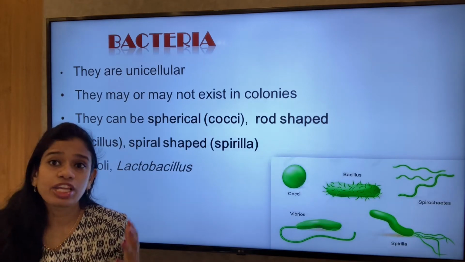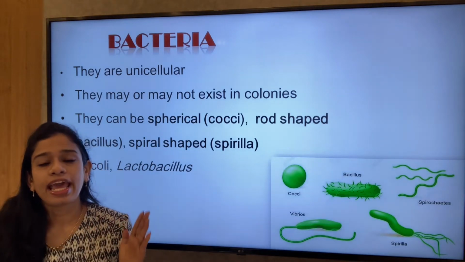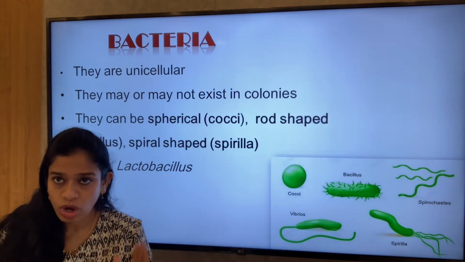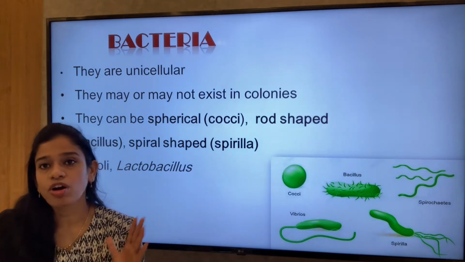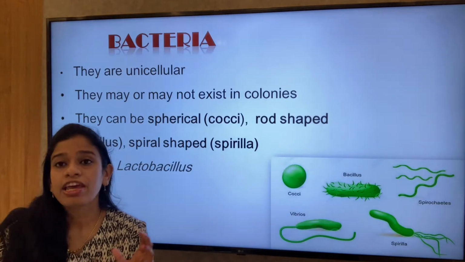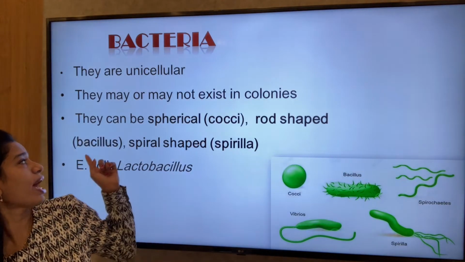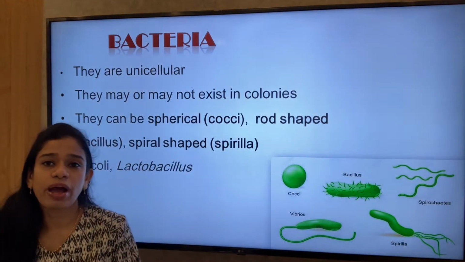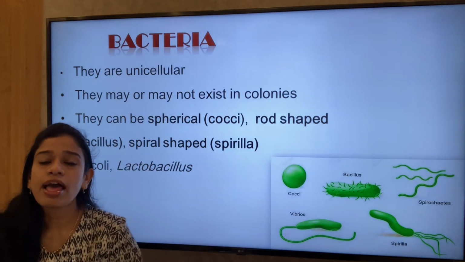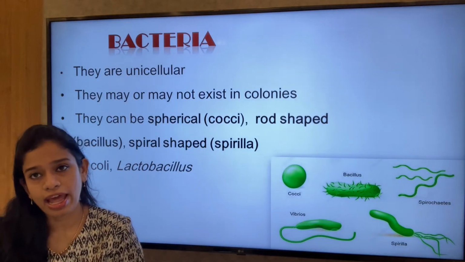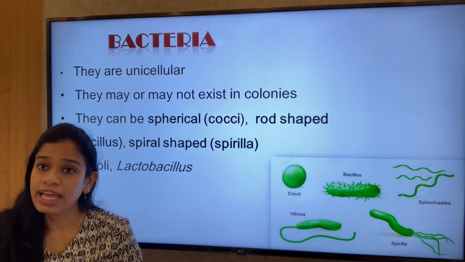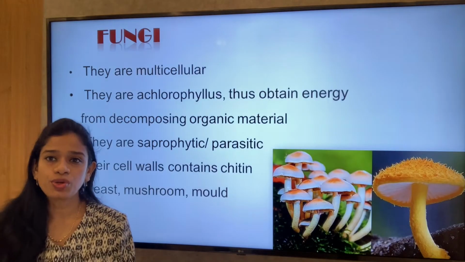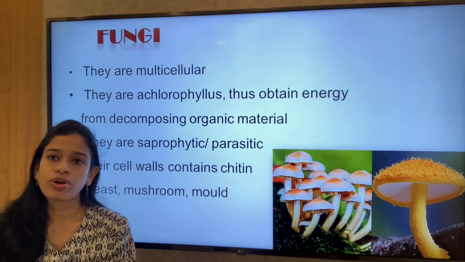So what are they? They are unicellular and they are mostly found in colonies. They have different shapes: spherical, coccus; if rod shaped, it is known as bacillus, or spiral shaped as spirilla, and examples are E. coli and lactobacillus. Moving on to the next microorganism, that is